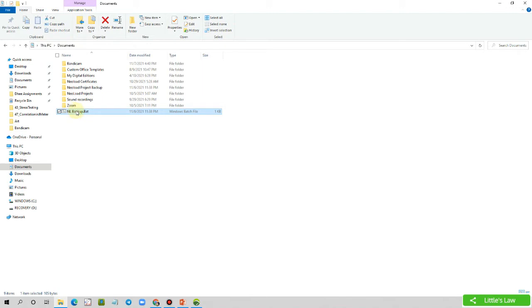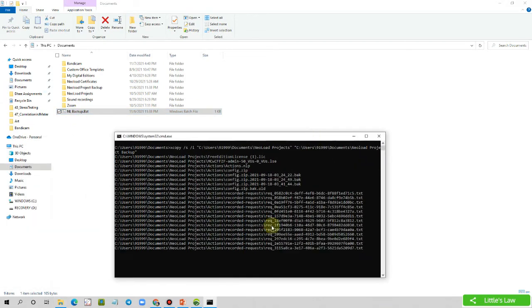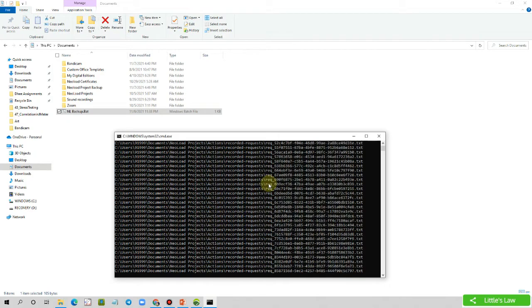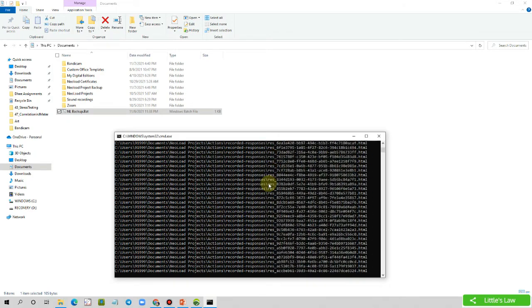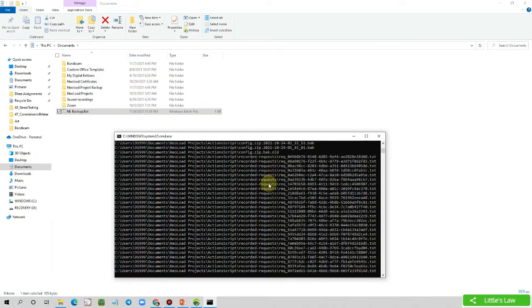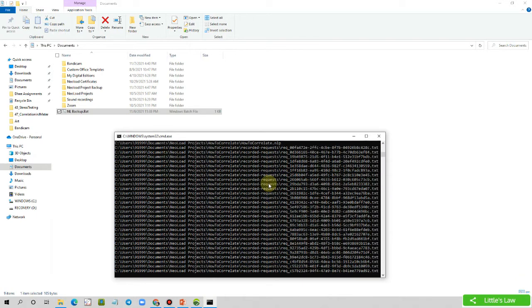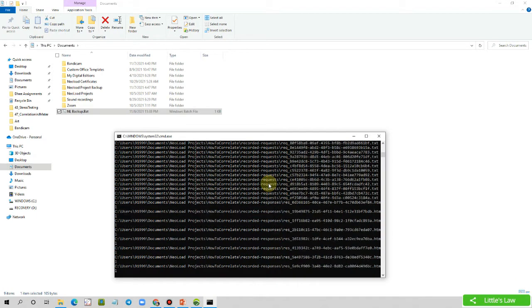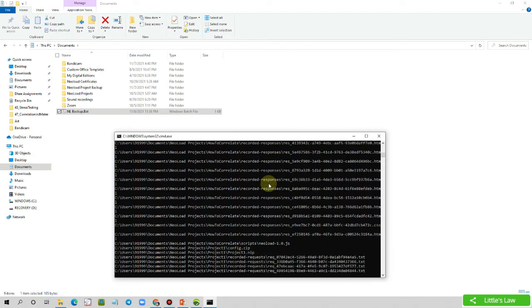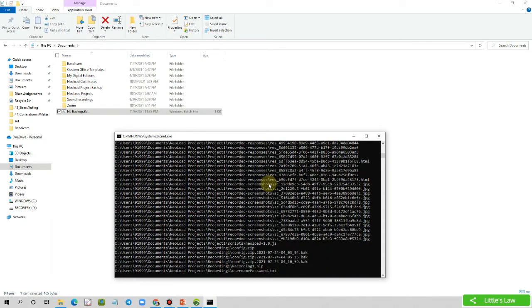So I'm running this backup batch file. So all my files are getting backed up. And this will save you a lot of time every time, and you won't have a chance to miss any files to copy.